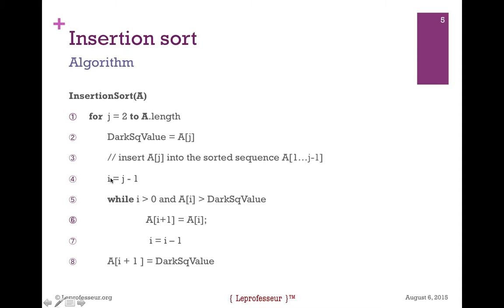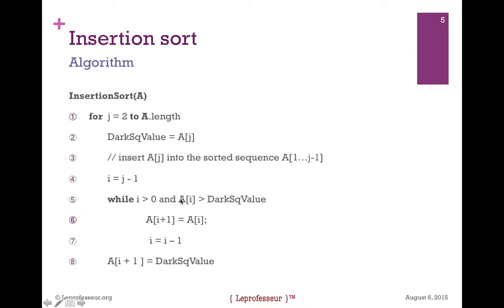Now let's define another variable, I equal to J minus 1. That is an inner variable which will act as one of the conditions in our next while loop. So while I is greater than 0. Remember, in this step we are moving backwards, so our I should be decrementing. If I is greater than 0, it means we haven't reached the end yet. And the second condition: if A[I], the value stored at the previous location, is greater than the dark square value,